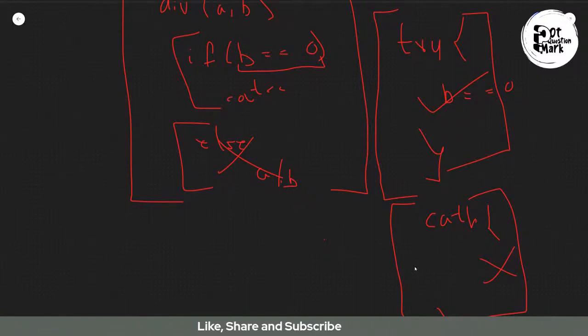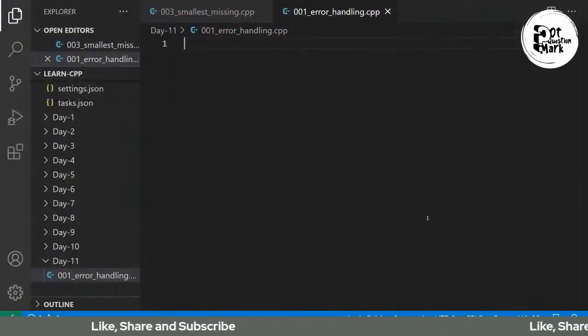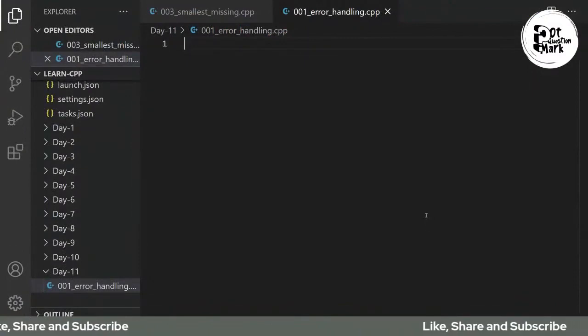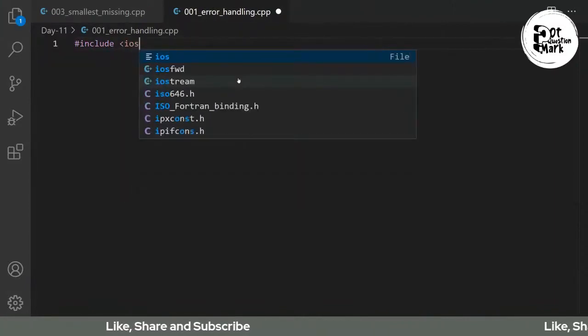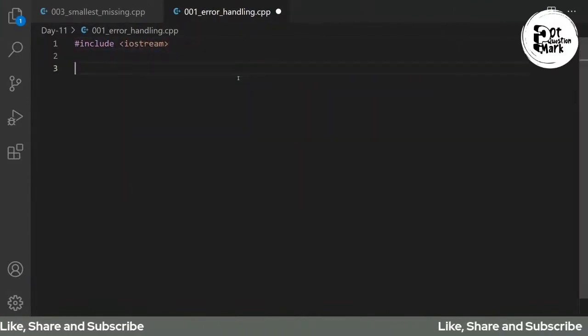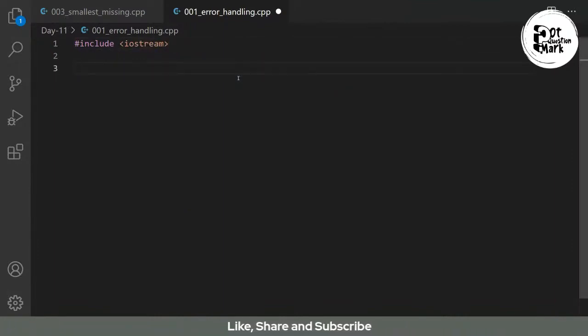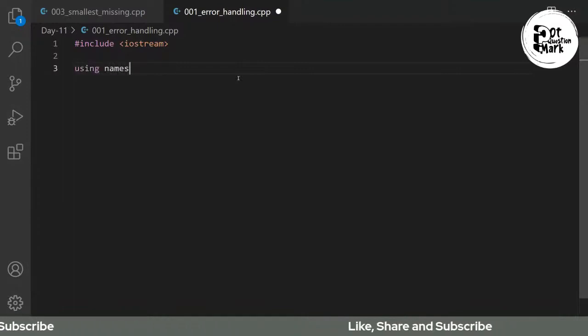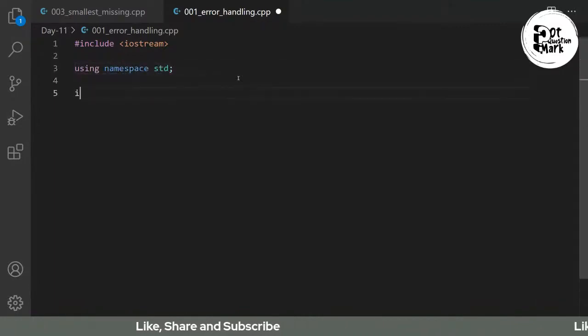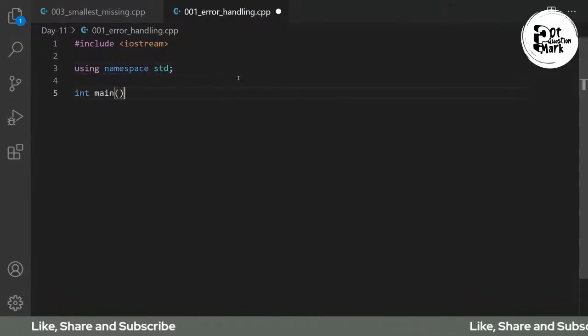अब इसको हम कोड से भी देख लेते हैं, let us do a simple code about it. तो हम क्या करते हैं, हमने एक एरर हैंडलिंग का एक बहुत सिंपल सा कोड लिखा है, #include <iostream>. Yes, we will write code for upcoming runtime error that will be processed at the runtime by the user, using namespace std, int main,